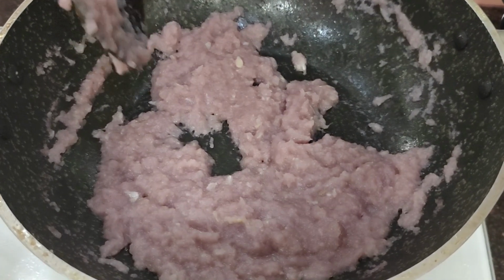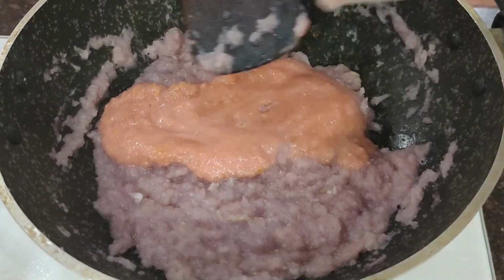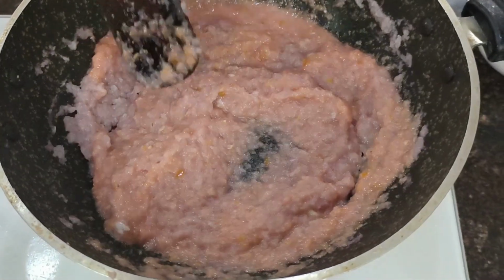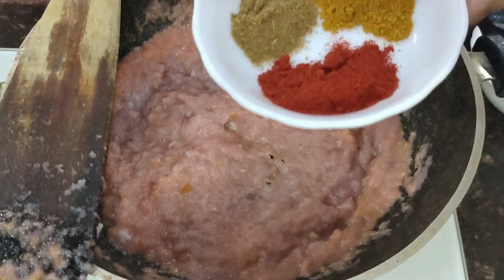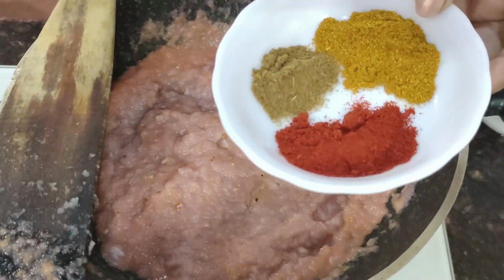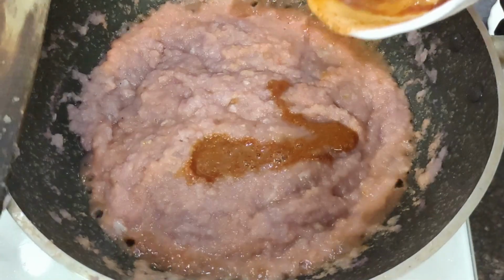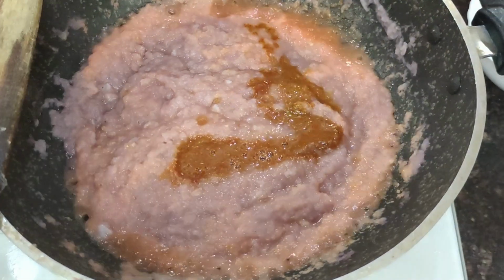So when it's beginning to dry up, I'm going to put in the tomato that I just gave in the mixie and then give it a mix there and let it cook on high flame. And the next thing I need to do is put some water here and mix the dry ingredients. I'm just going to put in the dry ingredients that I had mixed with some water, and I'll also put